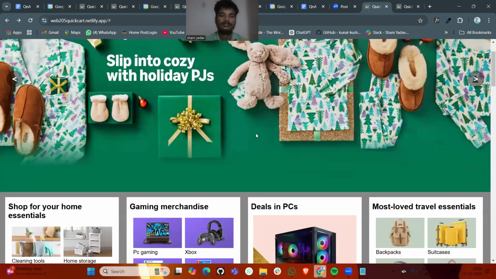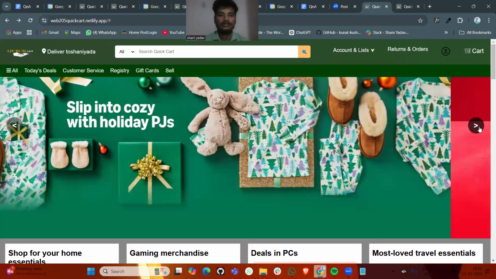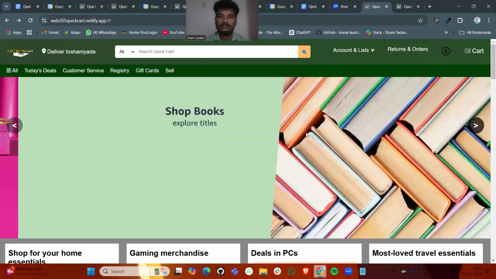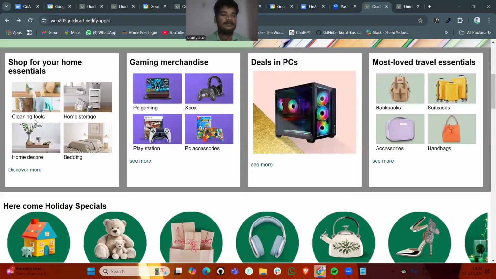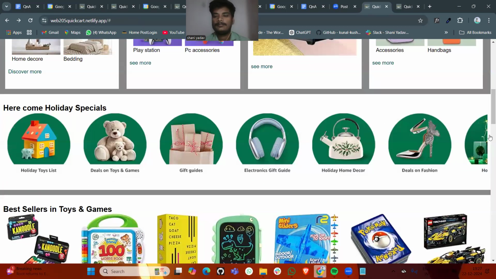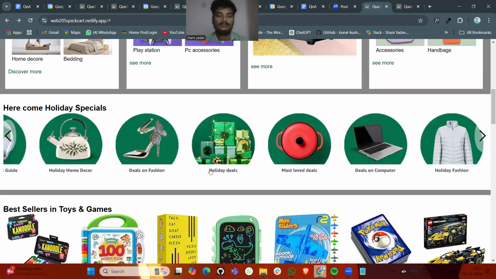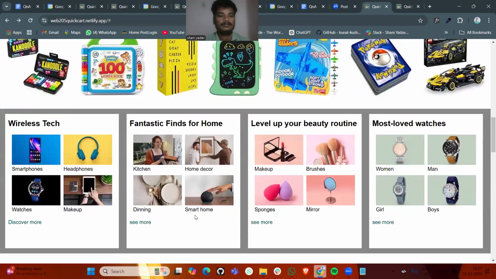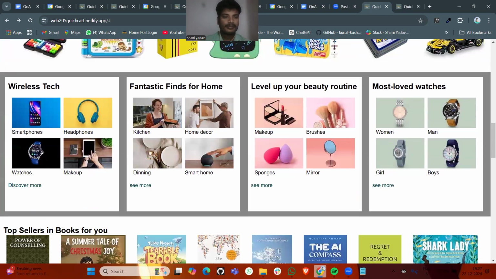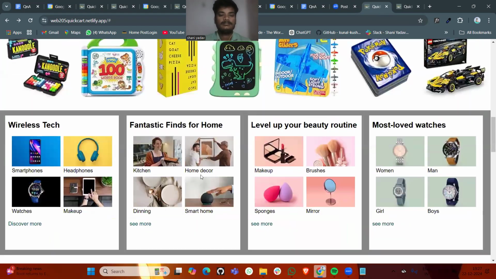So coming to the hero section, we have added top trending products category wise. You can see it. Okay. After this, we have also added some other trending products category wise, like in this home essentials, you can see these gaming PCs, and you can see this also travel essentials. We have also provided category wise. You can also select from this if you want to buy any product. So this also we have provided.